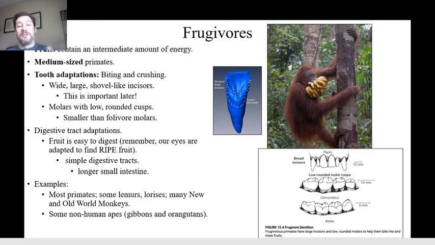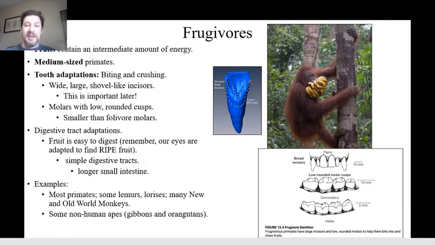And you can think of, when you eat fruit, what does your mouth do when you eat a banana or when you eat an apple? You could take out an apple or banana and eat it very slowly and think about what you're doing carefully, feel what your teeth are doing, maybe eat it in the mirror. These are good ways to investigate these things. And what you'll find is the tooth adaptations that you're using, you're going to be using mostly your incisors to bite and shear through the fruit, and then your molars to grind up the fruit material and